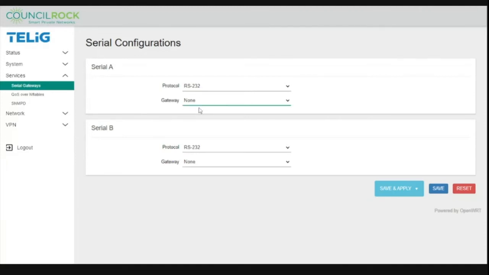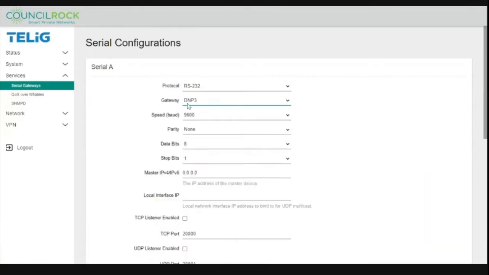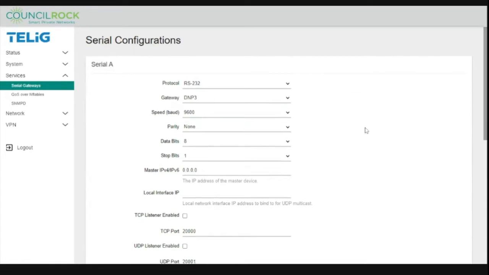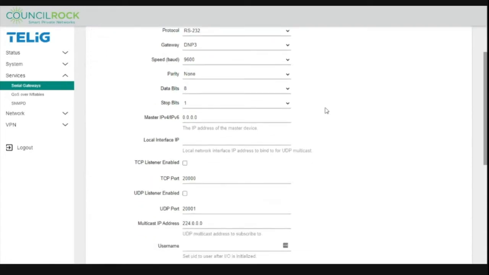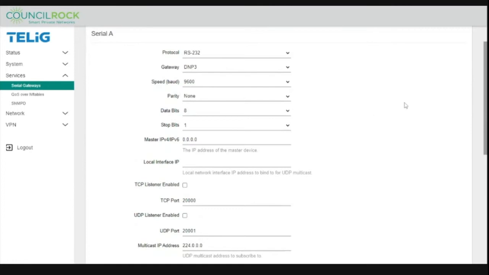So the gateway will convert one of these protocols. So in this case, we'll do DNP3 on serial A over RS-232. So in these sections, you'll need to specify the serial port configuration for the device that you are connecting to. So if it's legacy equipment like a recloser or a CapBank controller, that device should have a description of its serial port, of what baud rate it's running at, the parity of the serial, the data bits, stop bits, and